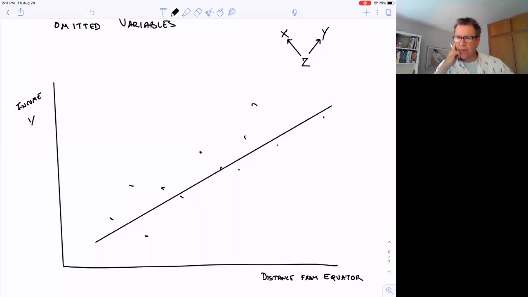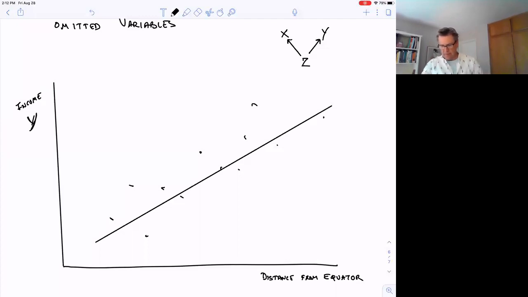No. We can rule out reverse causality here because a country's income can't change where they are in the world. The countries are pretty much fixed with their locations. And if they become wealthier, they can't move to another place on the map. So reverse causality is out,